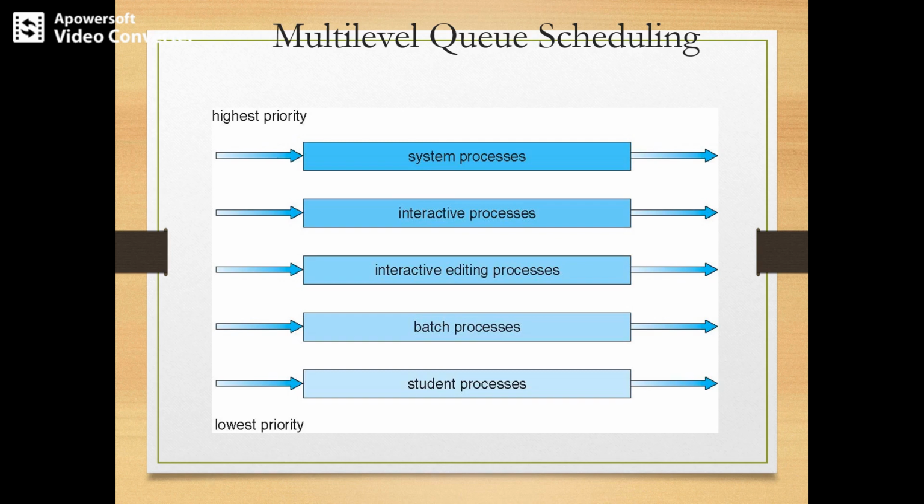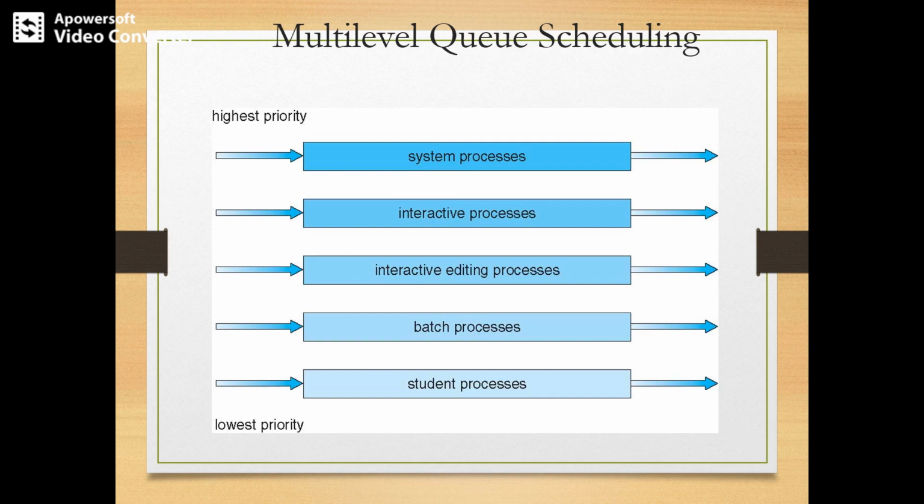Okay, so this kind of multi-level queue scheduling algorithm partitions the ready queue into several queues. You can see all these queues here, and the processes are permanently assigned to one queue, generally based on some property of the process, maybe priority or process type or size. Each queue will have its own scheduling algorithm for different purposes. The multi-level queue scheduling algorithm with 5 queues is given below: system process, interactive process, interactive editing process, batch process, and student process.